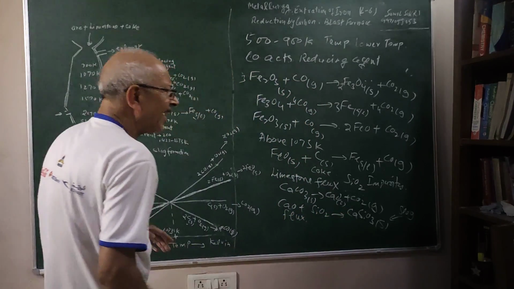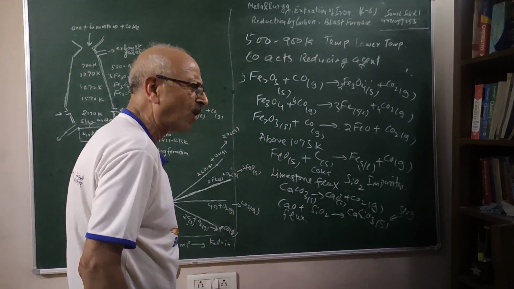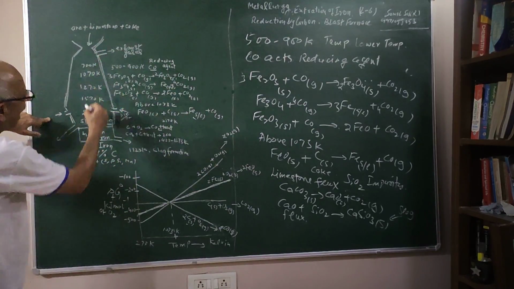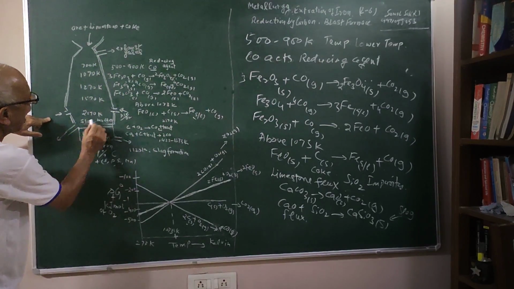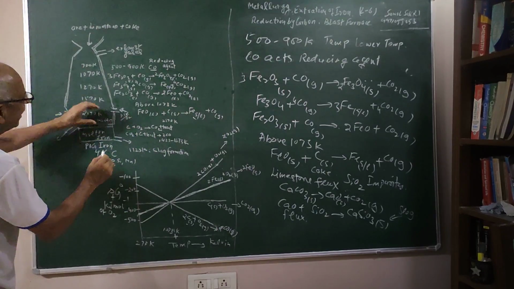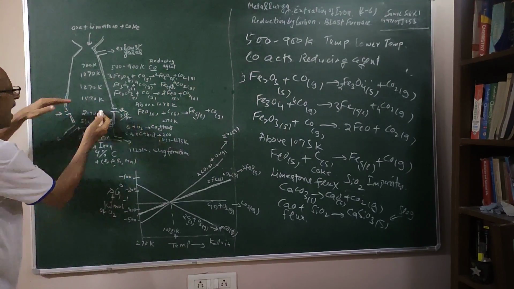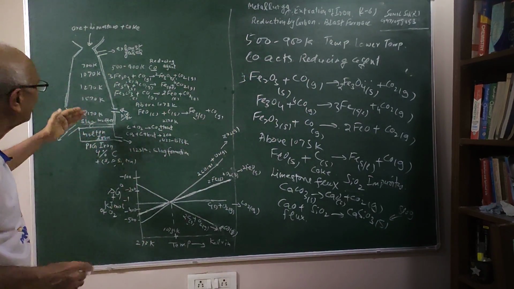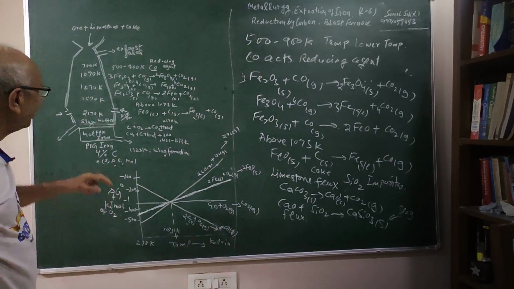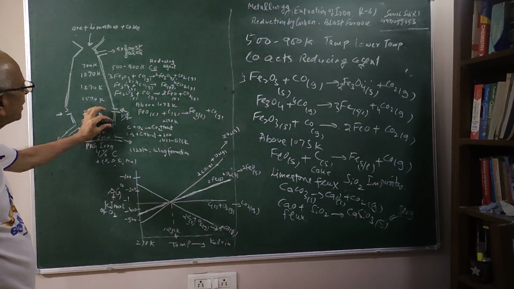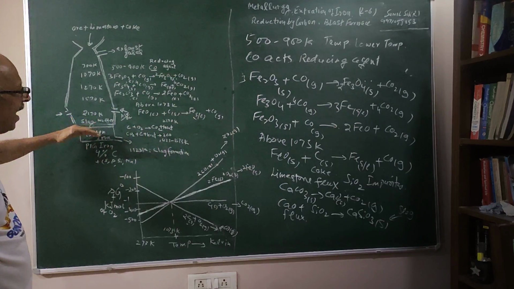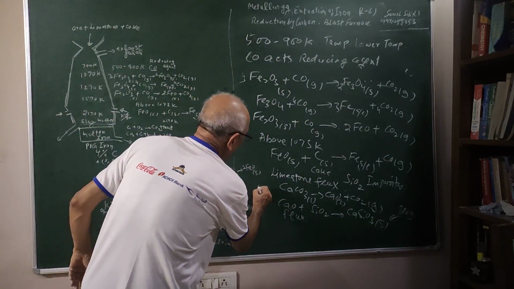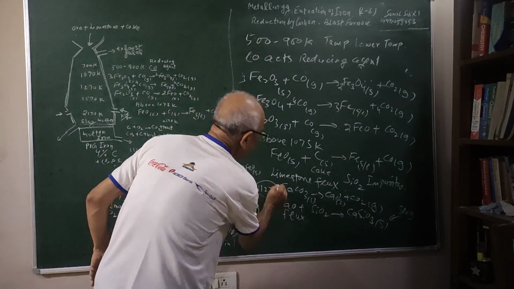Now the slag is also in the molten state, iron is also in the molten state. Slag is lighter. So you will see that the iron is here, and slag is floating on the top of the surface of the iron, and we can draw the slag out from the molten iron. This slag is important because the density of slag is less than the molten iron, therefore it floats and prevents further oxidation of the iron. This is happening around 1123 Kelvin temperature.